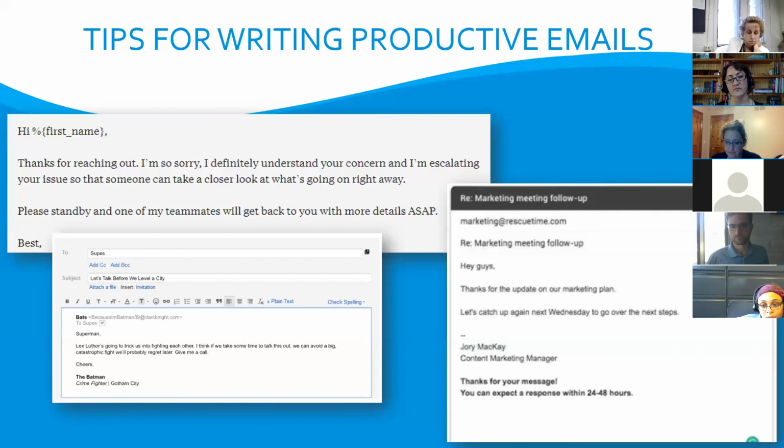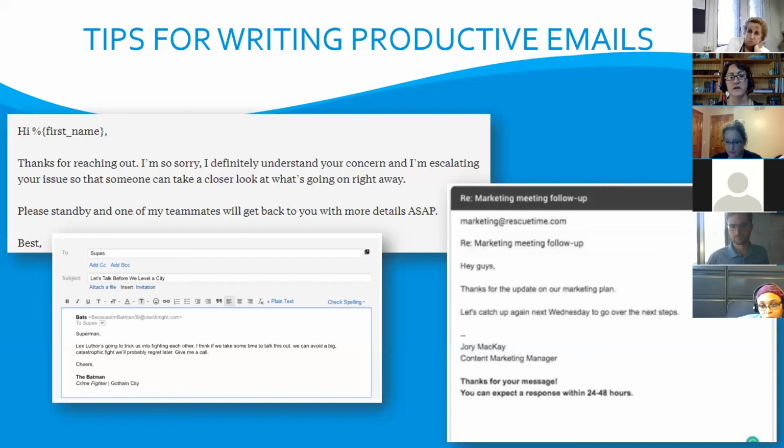The next thing is, if it takes more than 3 emails to communicate, you need to pick up the phone, right? This is particularly true with internal customers. How many times we go back and forth about a detail about something. You know what? We're not communicating. Let's pick up the phone so we can actually have a dialogue. Those 3 rules for email, if you follow them, will get you light years from any problems that you could run into.